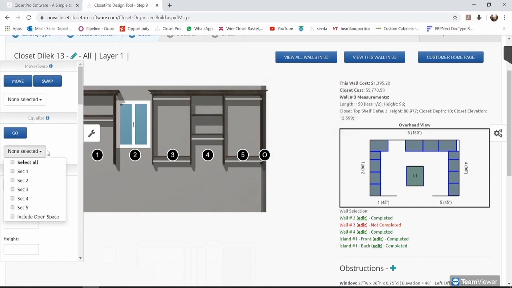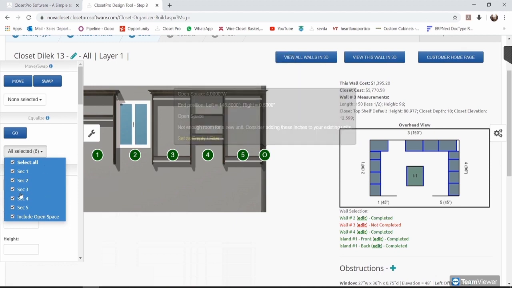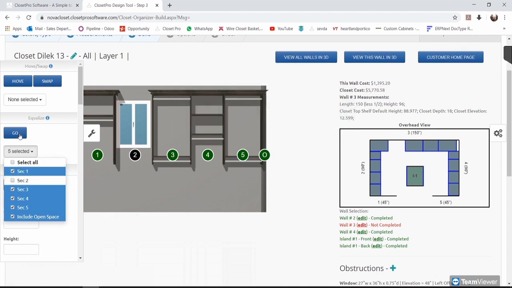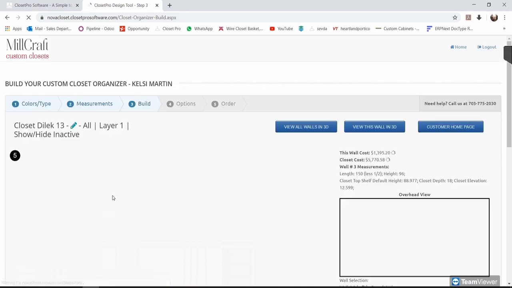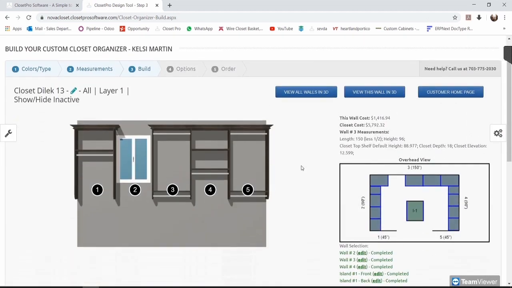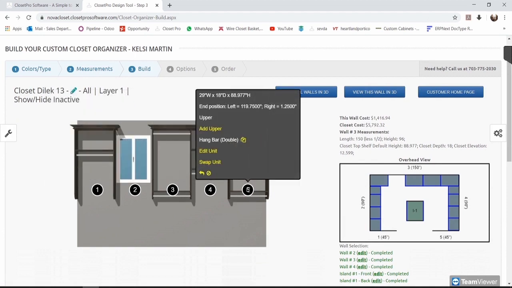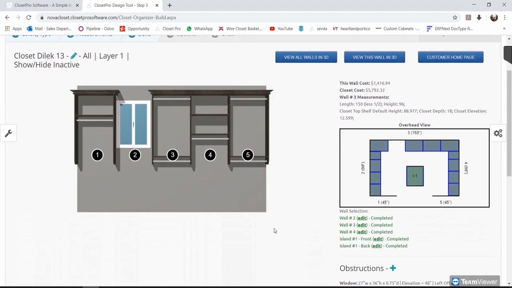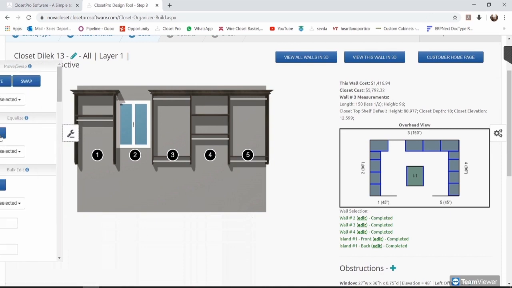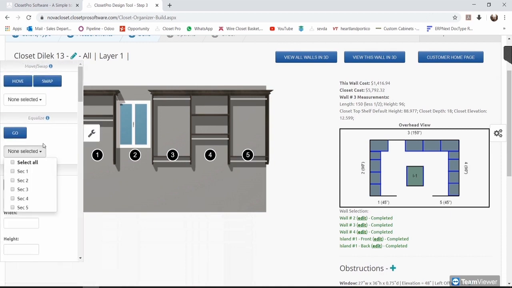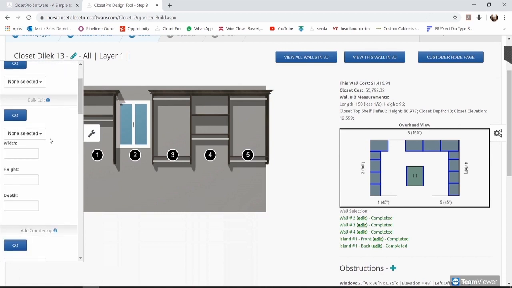So here, in the equalize part, we can come here, and we can select sec 1, select all, including open space, except 2, and then when we click go, all the modules will be equalized accordingly. Right now, all of them are 29 inches. So the open space is just deleted. So we can use equalize part just like this. And then what we have, for example, in this bulk unit,